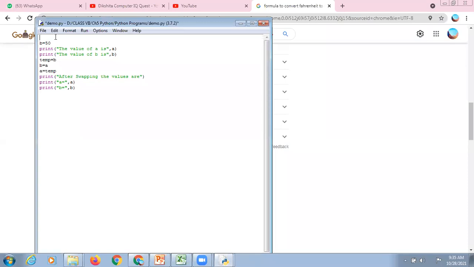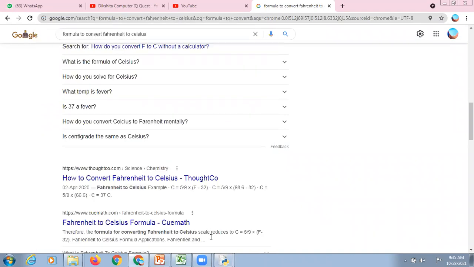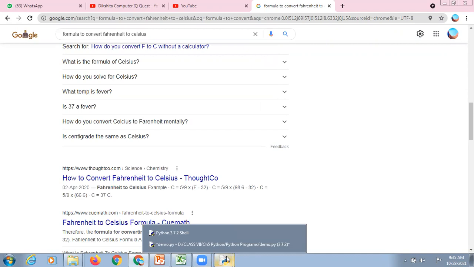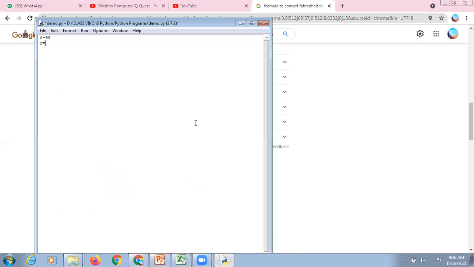Celsius to Fahrenheit. So let's take Fahrenheit value equals to 98. Now we have to convert it into Celsius. So C equals to, the formula will be 5 upon 9 into Fahrenheit minus 32. 5 divided by 9 into, within brackets, F minus 32.